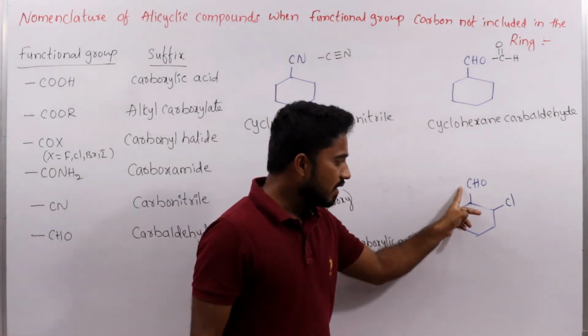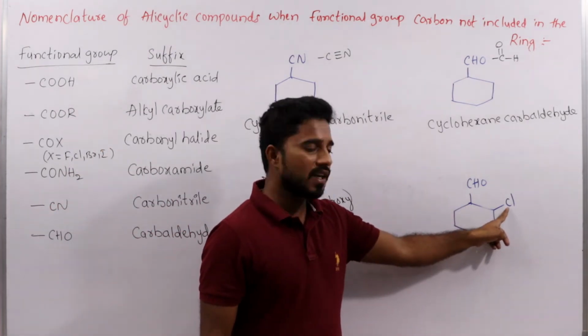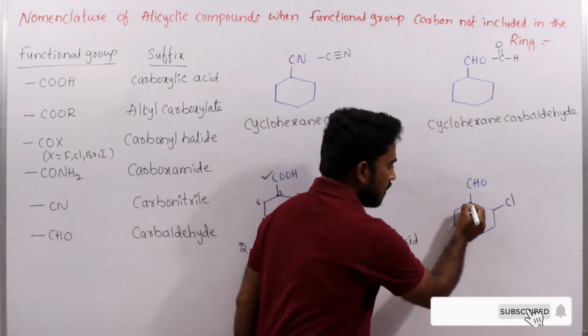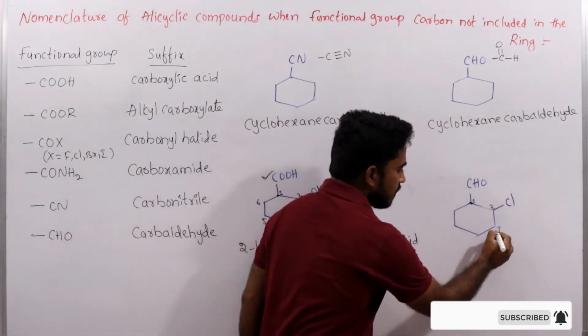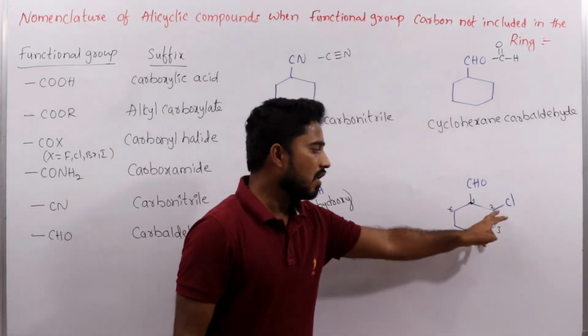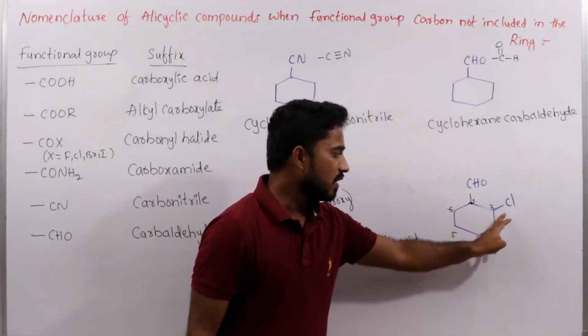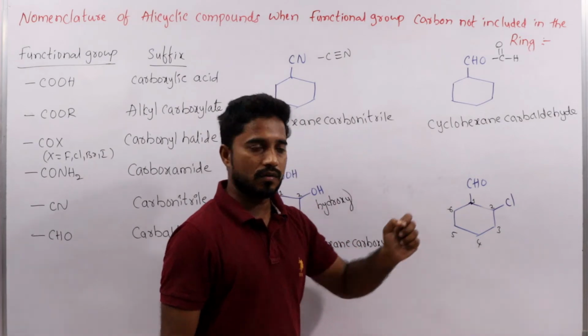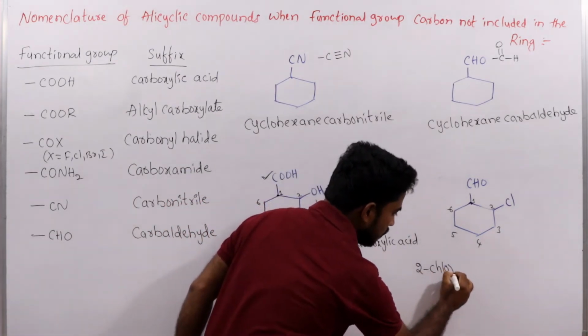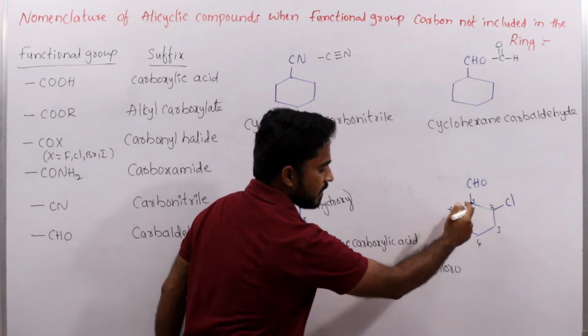Here CHO is there, here Cl is there. Here Cl is a substituent, CHO is the main functional group. That's why numbering we have to start from here. 1, 2, 3, 4, 5, 6. At second position, chlorine substituent is there. The prefix for chlorine is chloro. Which position? 2-chloro, as 2-chloro cyclohexane,